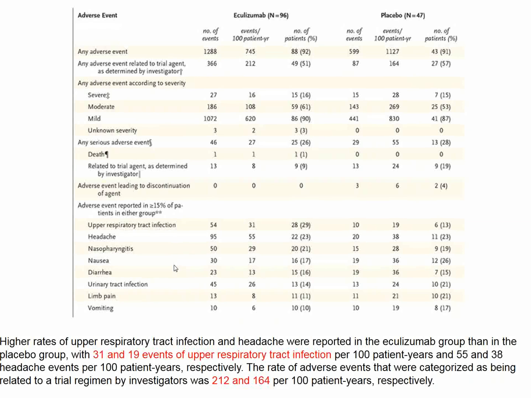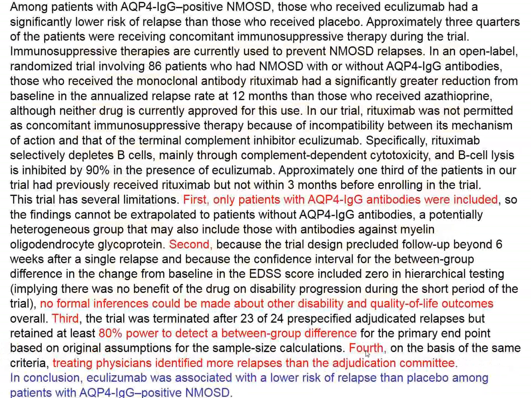Now, you might imagine that blocking complement might be associated with adverse events, and that was the case. Respiratory infections were more common in the eculizumab group, and the adverse events were also deemed more common by the investigators than the adjudicating committee. But however we measure it, it looks like the adverse events were tolerable in these patients compared to the awful sequelae from